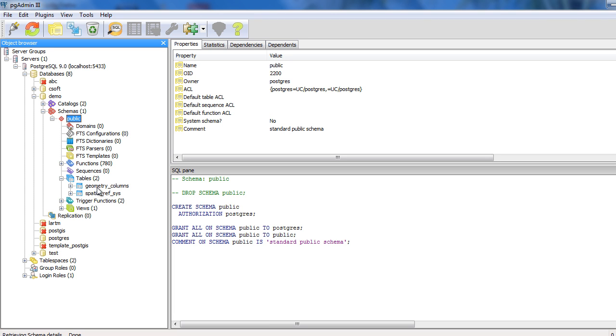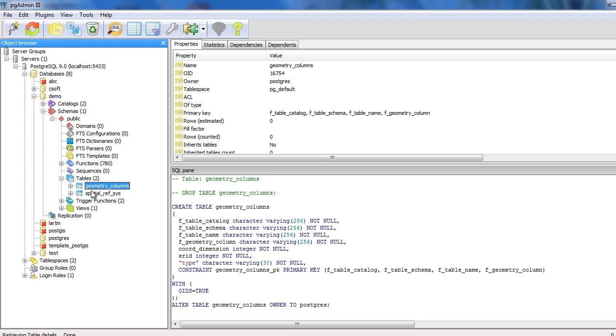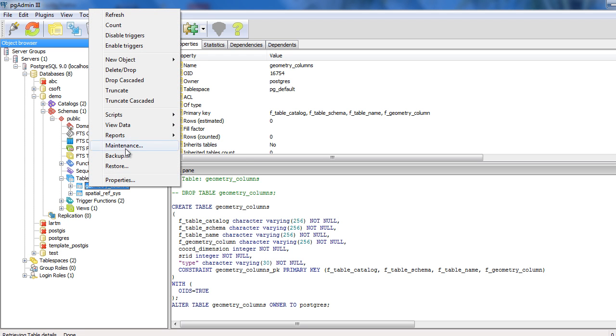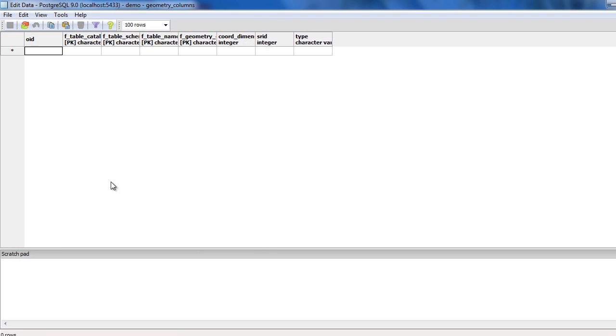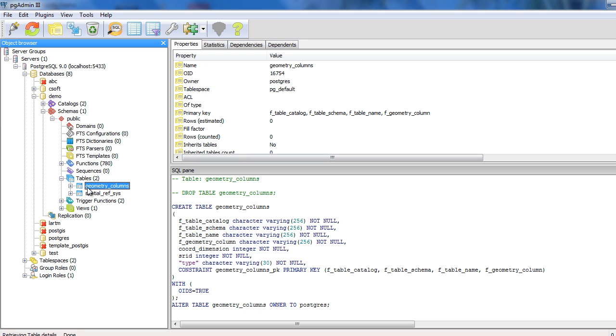These tables were created: geometry columns and spatial reference systems, for holding different kinds of spatial reference identifiers, and these geometry columns for keeping individual geometry columns of other relevant tables in your database. So this is something like a lookup table.